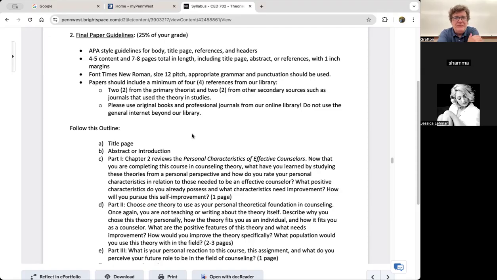Now, what everybody asks questions about, it says papers should include a minimum of 4 references from our library. And it says 2 from a primary theorist and 2 from secondary sources like journals. Use original books, professional journals from our online library. Do not use the general internet for this.